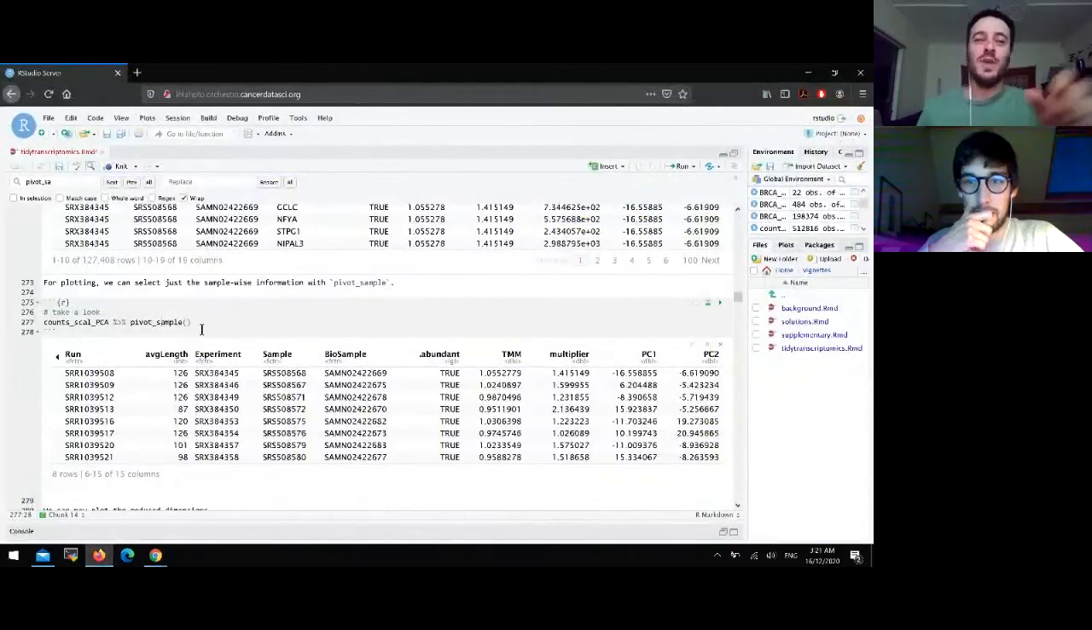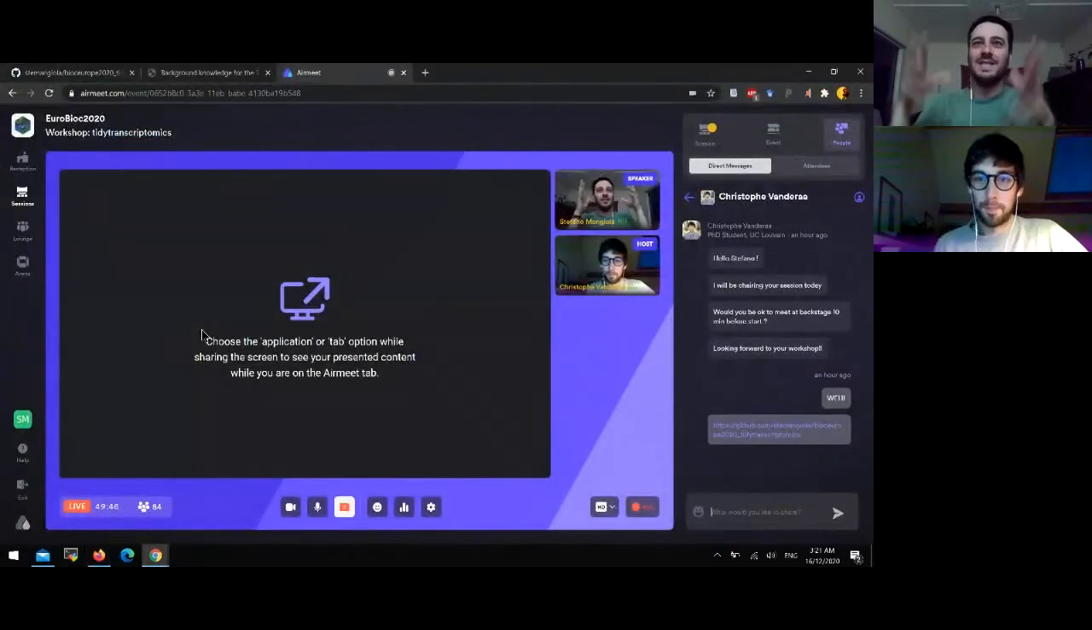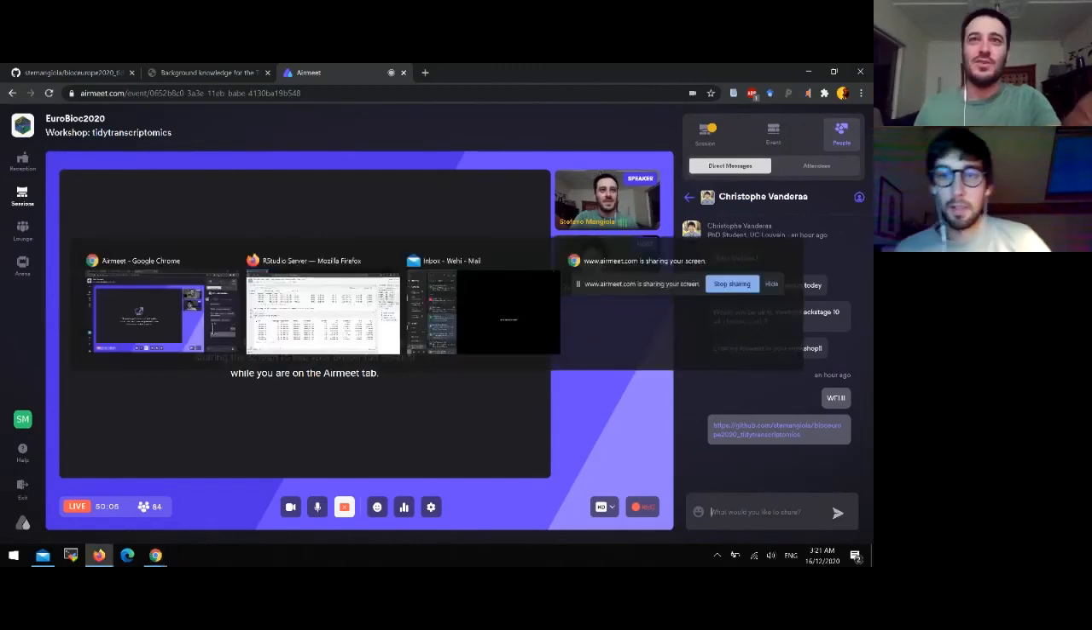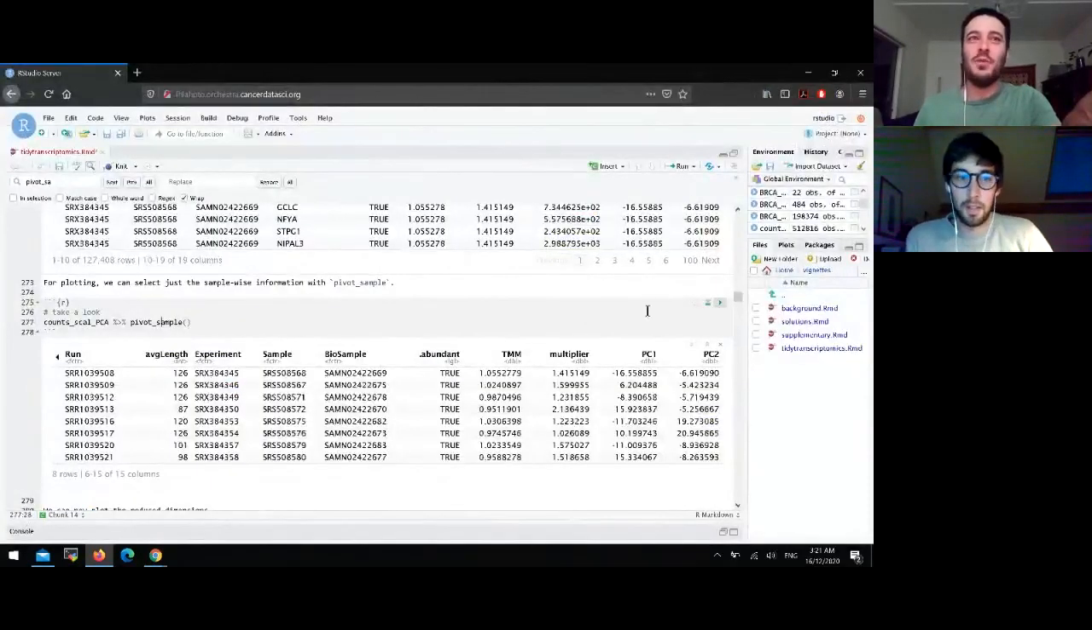Basically, since we have a table that is a redundant form of representing the data, pivot sample and pivot transcript will understand which columns are relative to sample and which columns are relative to transcript. And they will give us a non-redundant form of information, for example, relative to sample. So okay, here we can see